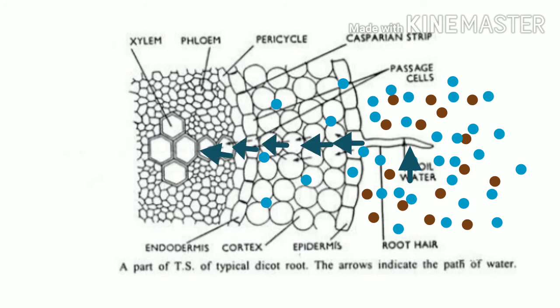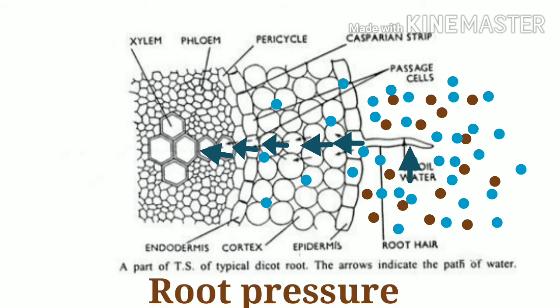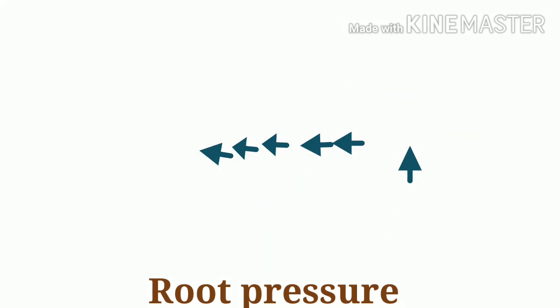This continuous cell-to-cell movement of water in root cells creates a pressure in the root, which helps in transporting or pushing the water into the xylem cells, and this pressure created in the root is called root pressure. It is one of the forces which is responsible for ascent of sap. From xylem, water is then transported up into the stems, branches, and leaves.